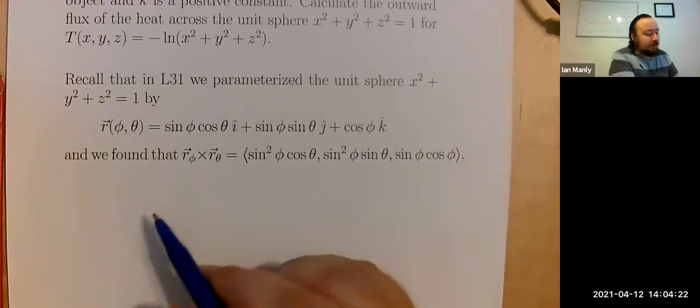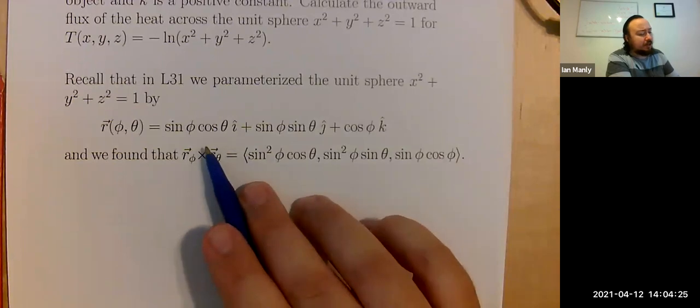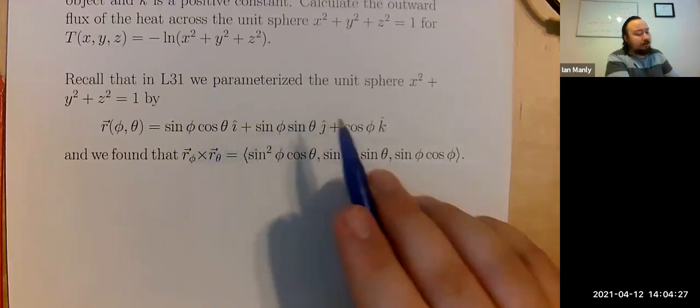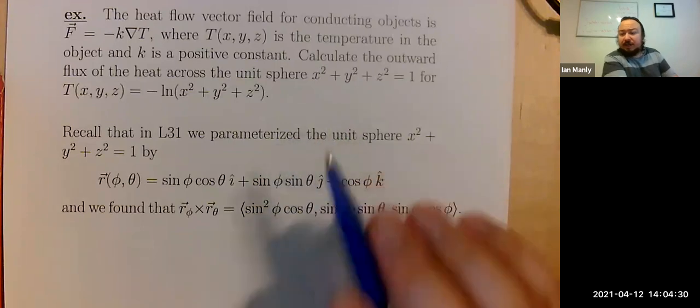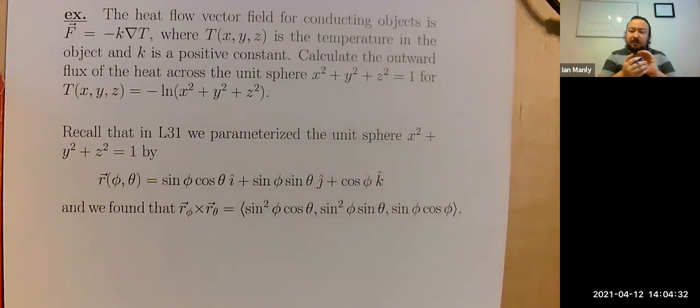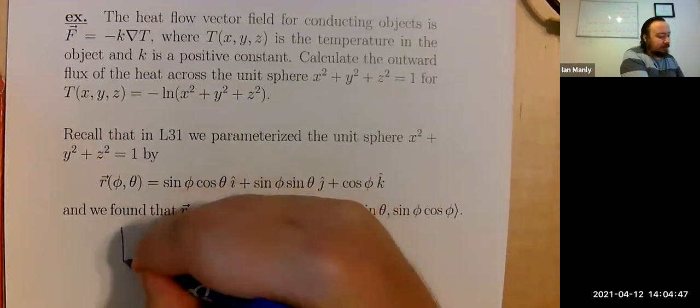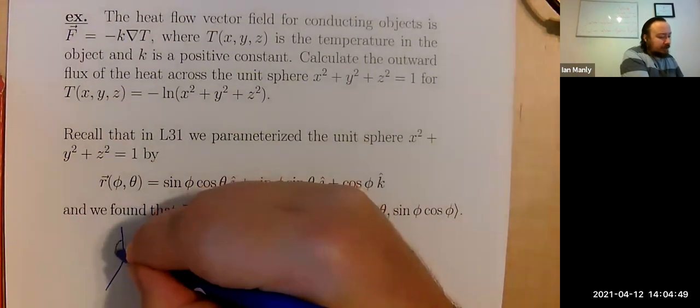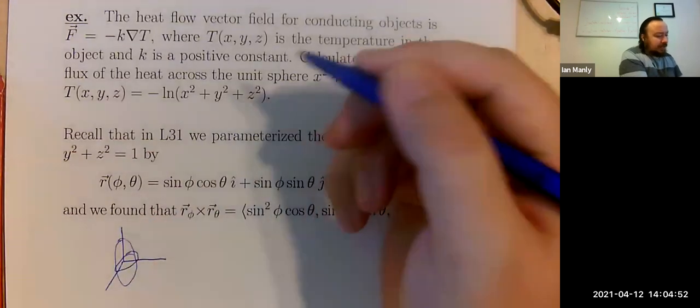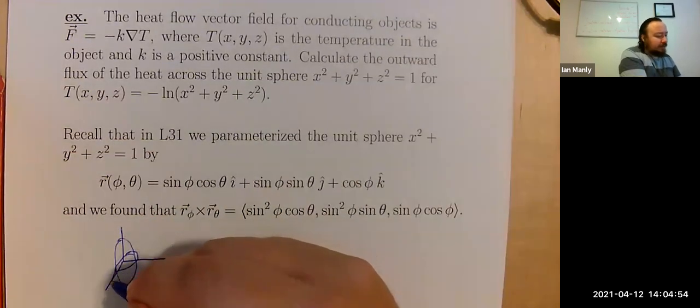All right, so now what we need to do is make sure that this is pointing the right way. Remember, I think we talked about this last class, whenever we have a closed object, like a sphere, enclosing a volume, the normal vector in the positive orientation is pointing outwards, away from the sphere. So we need to make sure that our normal vectors are pointing outwards. What I mean is, here's our coordinates, here's our sphere right here. We need to make sure that, for example, the normal vector right here is pointing this way